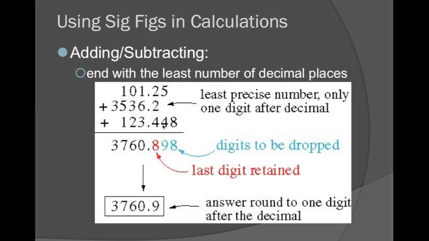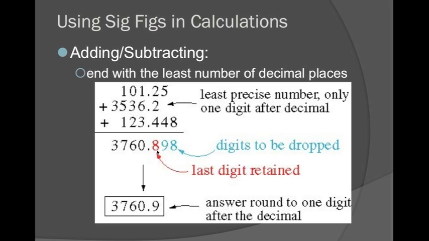For an example, the 2 ends in the tenths place, the 5 ends in the hundredths, and the 8 ends in the thousandths. The least number of decimal places, the least precise, is going to be the tenths place. So we round everything to the tenths place, and that 9 would round that 8 up